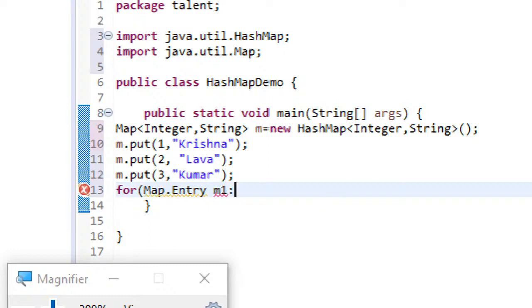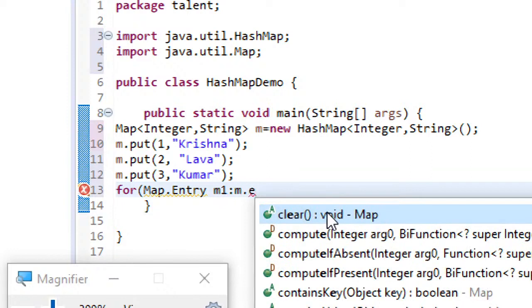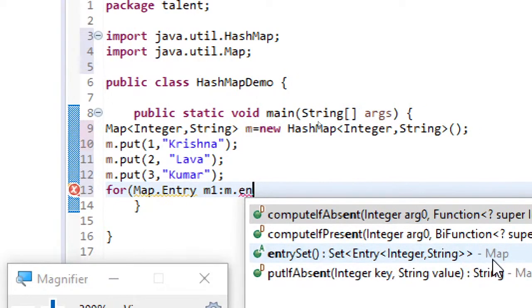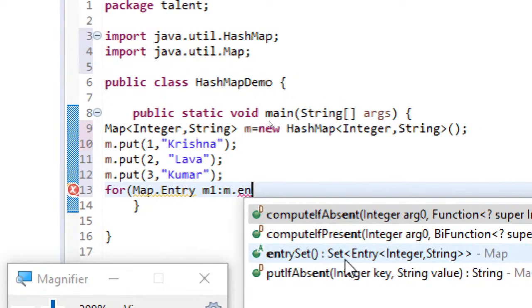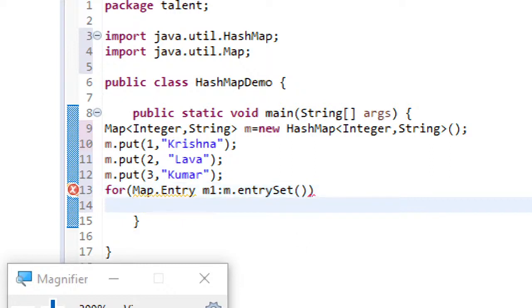And then, as we have seen with the for each loop, the reference, colon, and then what you want to iterate over. Here you can see entrySet. This entrySet will be returning Integer and String. Here you can see it is from the Map interface. So I'm using this entrySet from the Map interface, and then here we'll just display this.